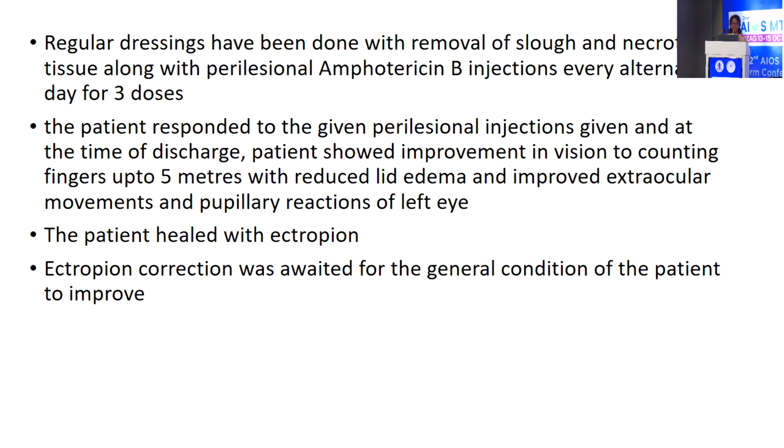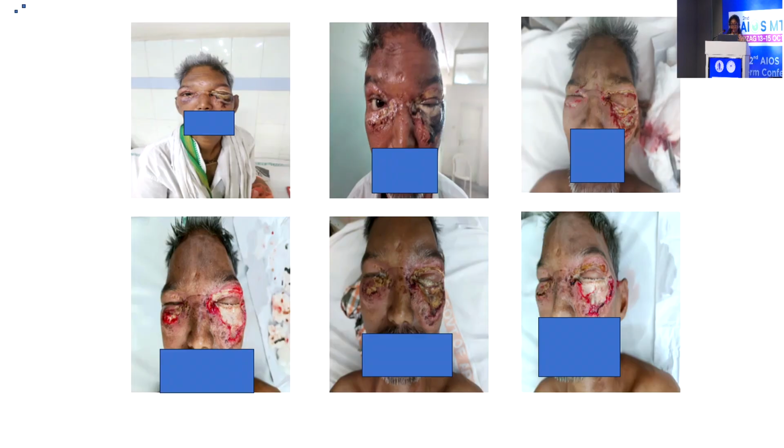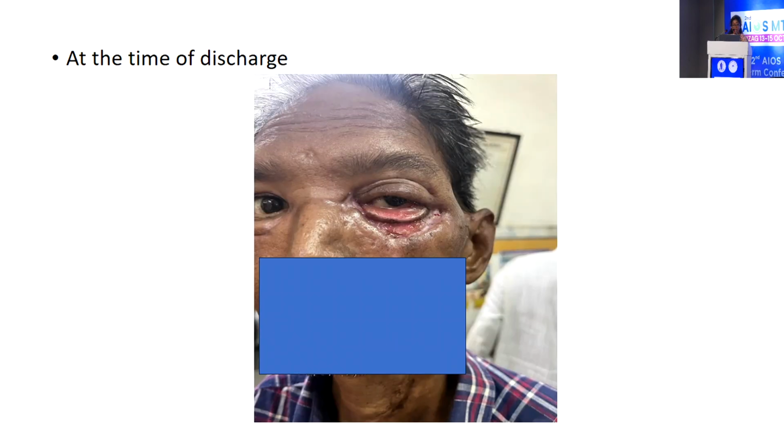The patient healed with ectropion. Ectropion correction was awaited for the general condition of the patient to improve. And these are the various images of the patient during the stay in the hospital. Regular dressings were done, and at the time of discharge,